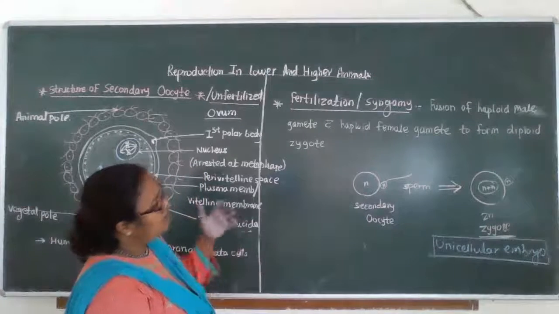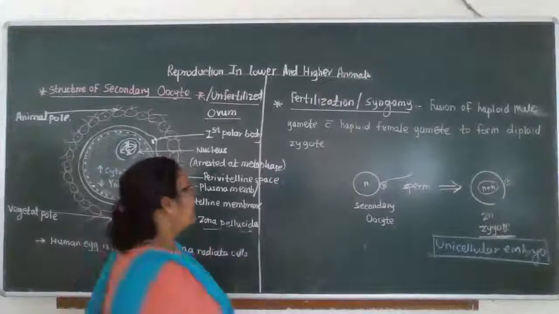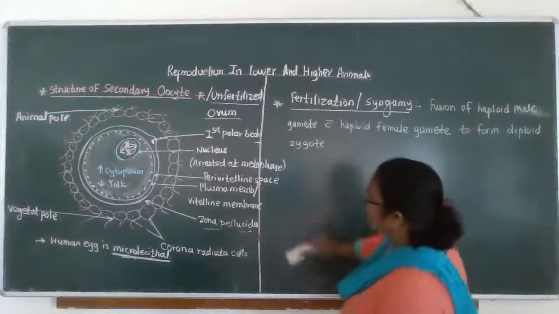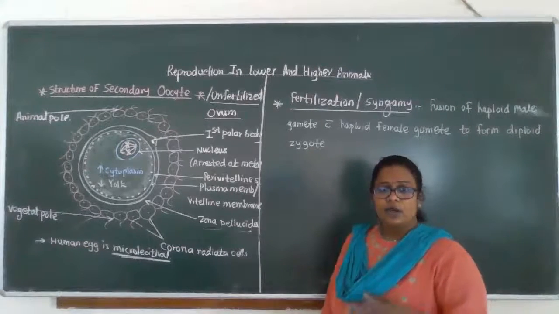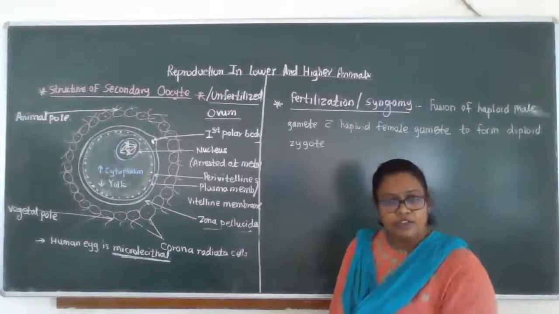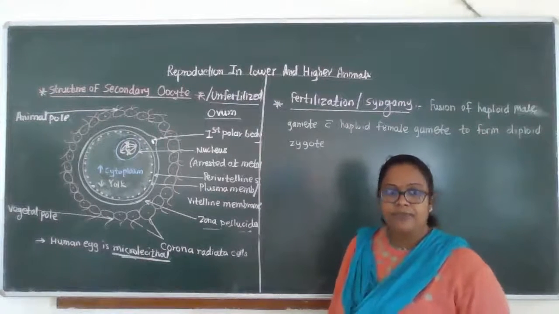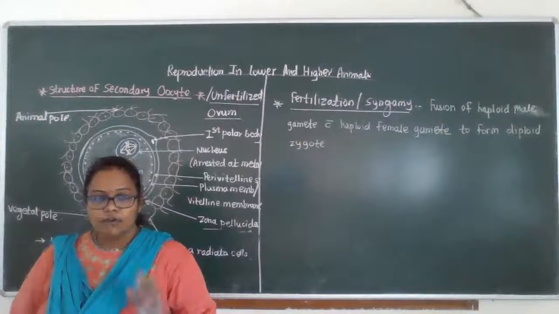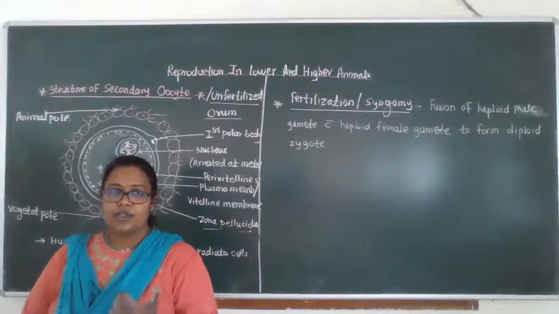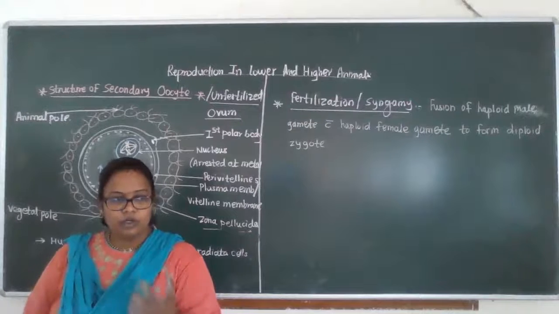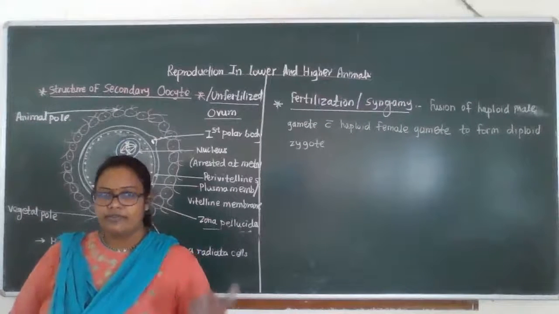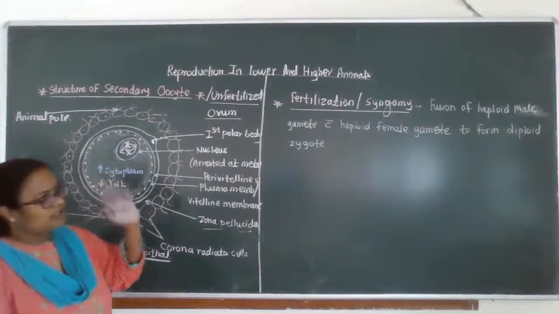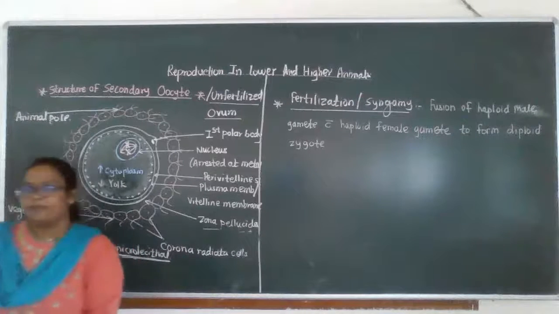Now we are turning towards the next point: the events during fertilization. What are the events during fertilization? Fertilization is not so easy that the sperms are deposited and the baby is conceived. It is not so easy. It is a totally biochemical, molecular-level, very complex process. So what are the steps or events during fertilization? We will see.